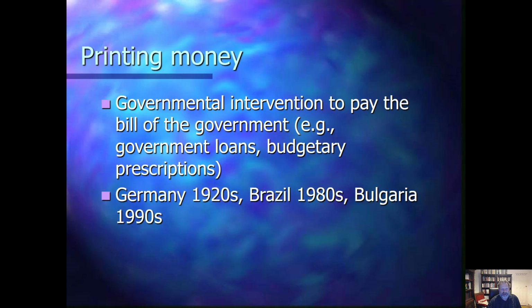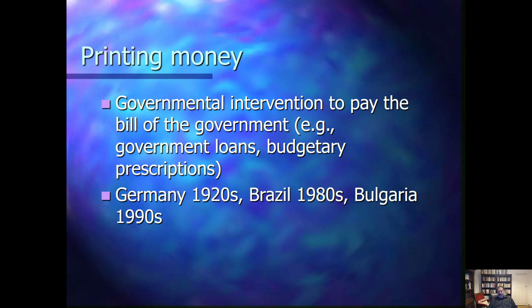Now, of course, governments can intervene. As I said, since paper money has been invented, governments have much more ability to intervene in the regulation of the volume of money in the economy. Even before, they could do this, for example, by mixing more silver or copper into the coins and having less gold or silver in these coins.